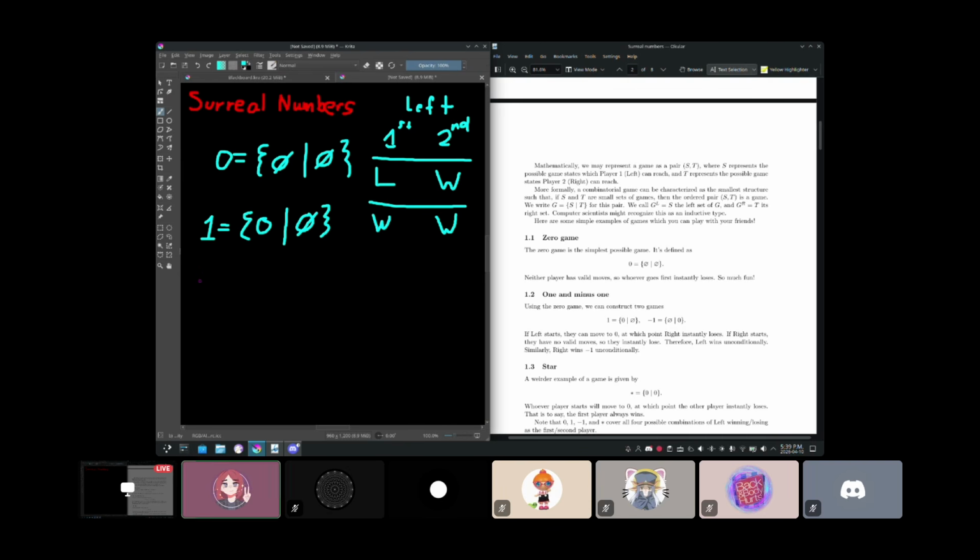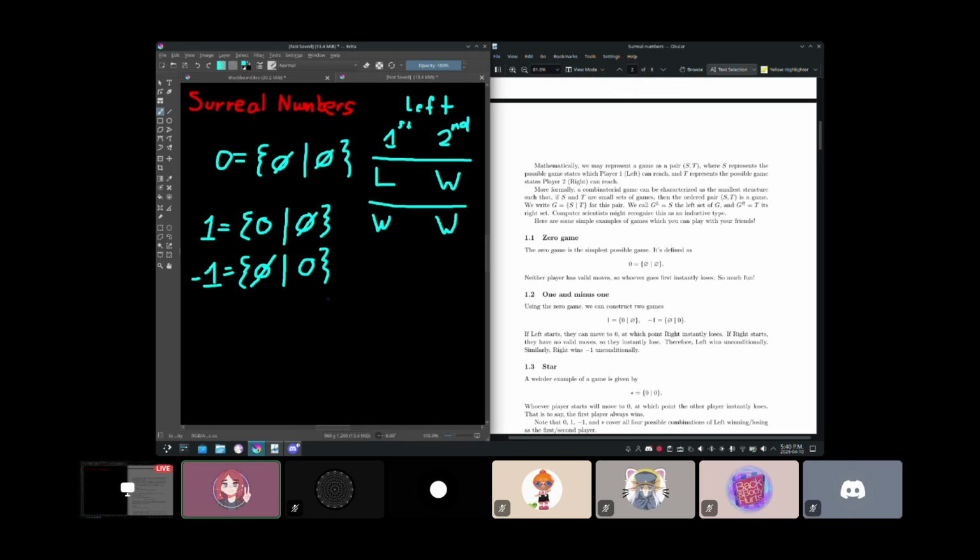So the very next game that I want to talk about is just the negative of 1. And again, I'm using symbols like 0, 1, negative, which suggests that there's an algebraic structure, and there is, but for now it's better to just treat this as definitions. The game -1 is basically just the game 1 but flipped. The left player has no possible moves, and the right player has a single move to 0.